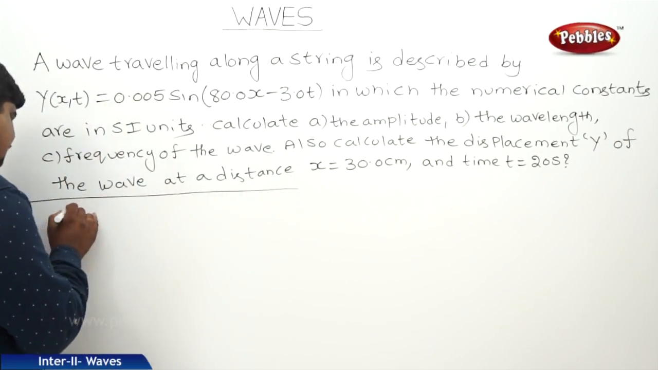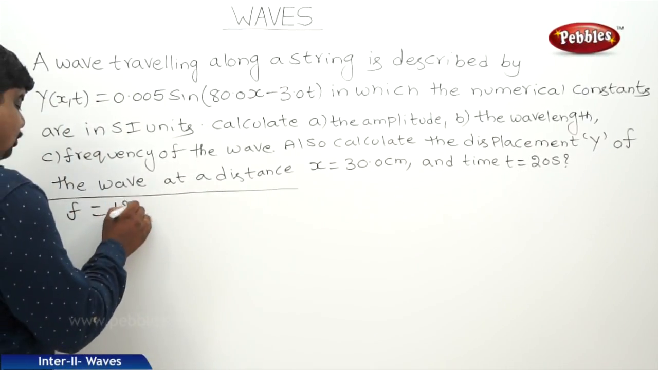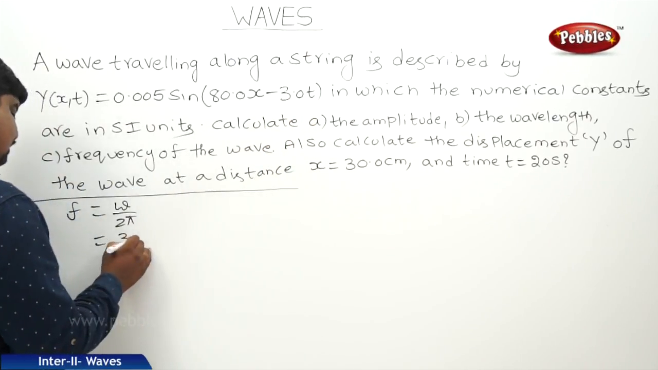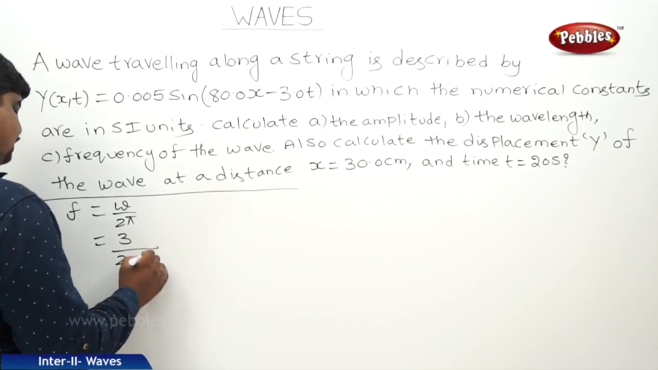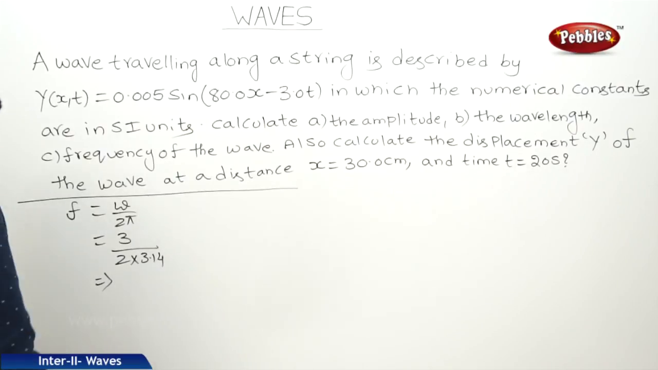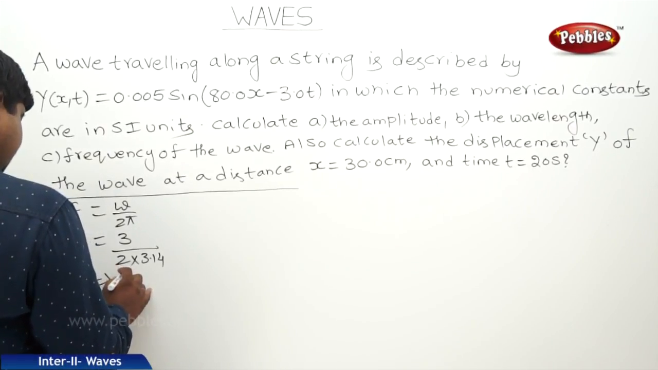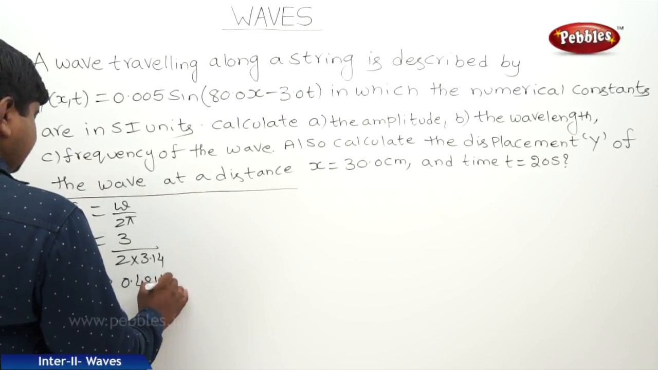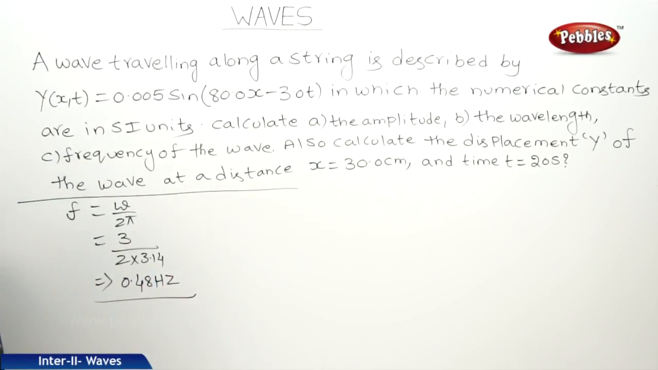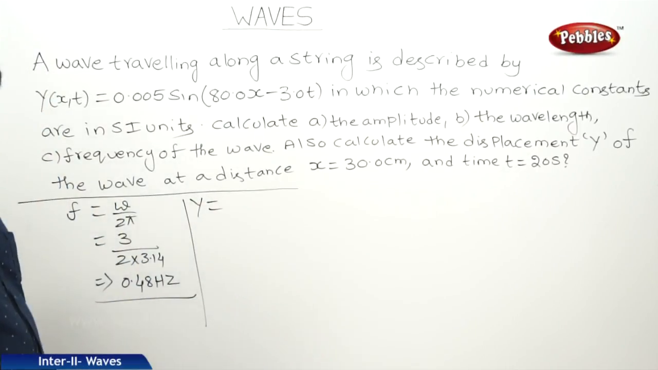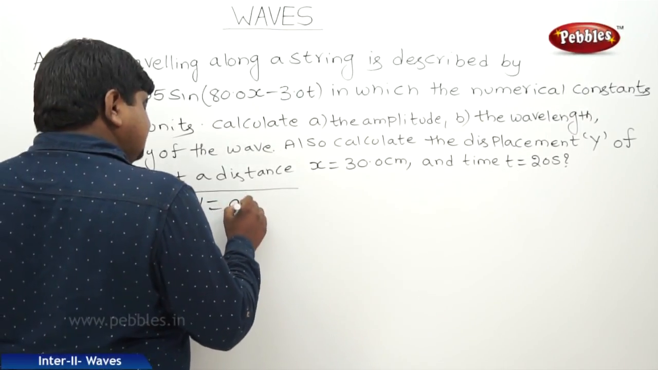So frequency is equal to omega by 2 pi. So what is omega? 3. 2 pi, 2 into 3.14. So it has 0.48 Hz. This is the frequency. And the last bit we should find out is the displacement, and the formula is